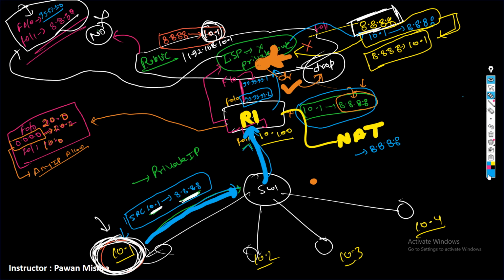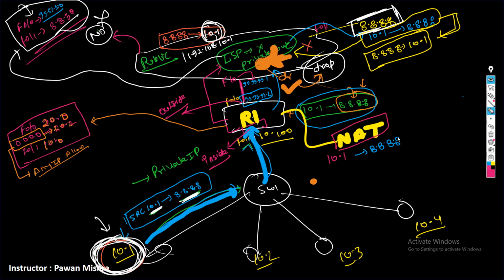Okay, one more thing. Here we have two things: inside interface and outside interface. This interface is what? Inside. This interface is what? Outside. So whenever a router receives a packet from the user, and NAT is also enabled,